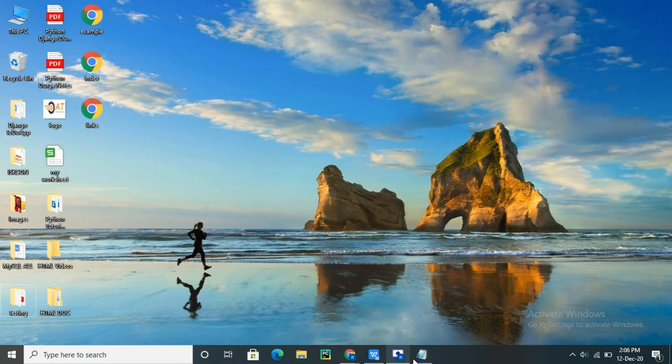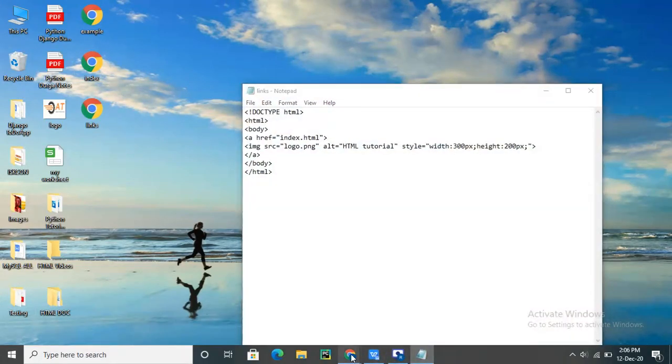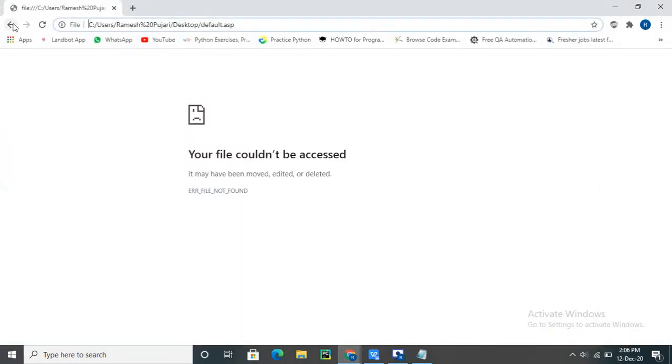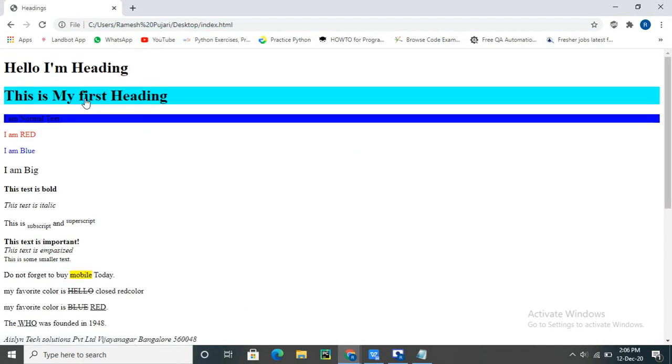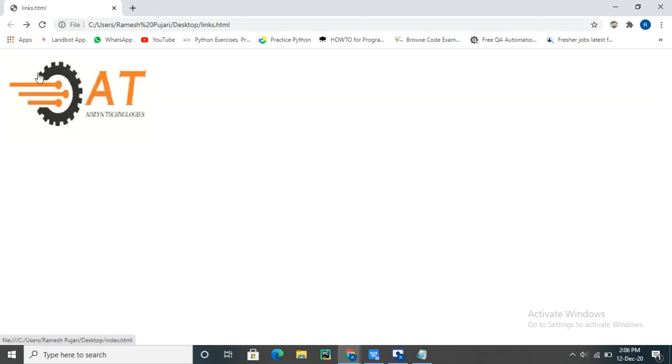If I try to run this program, let's see whether it redirects to the other page or not. See, if I click, it will redirect to another page. Since the file is not available locally in my system, it is giving an error. You can observe here, this is a simple example of an image that has a link.